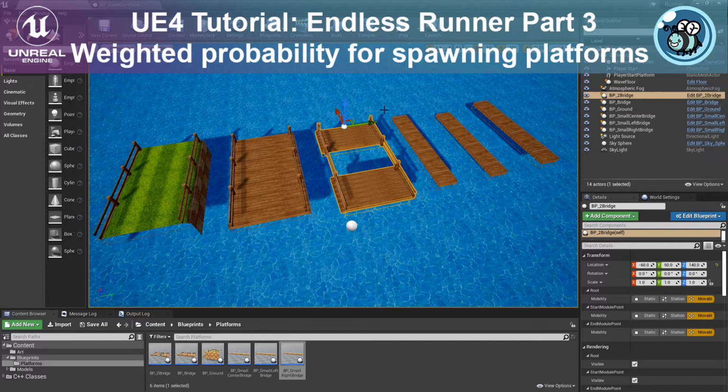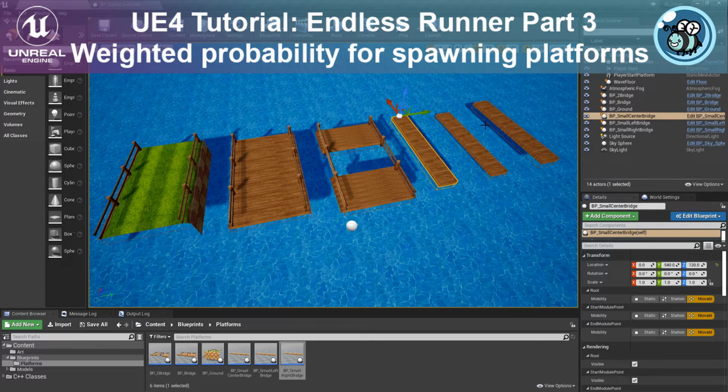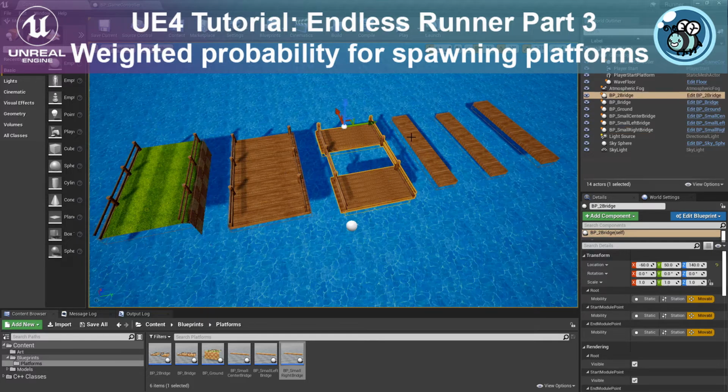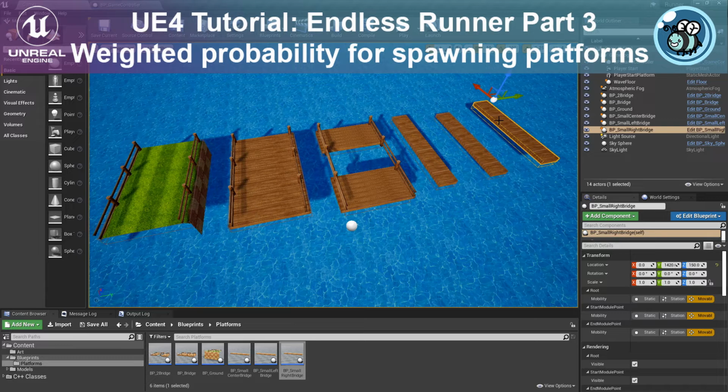Today we're going to improve that and apply a technique that I consider very interesting for all sorts of things. You can apply that to AI, you can apply that to random elements, and I like this technique a lot. It works very well. So what we're going to do today is apply a weighted probability. So we're going to have all of these platforms and we're going to have a weighted randomness. So we will apply some percentage to each of them,